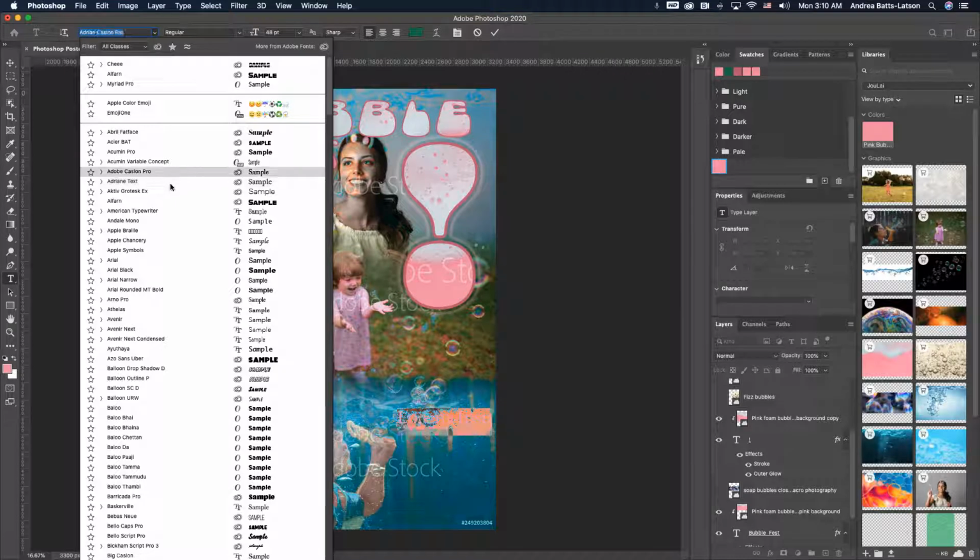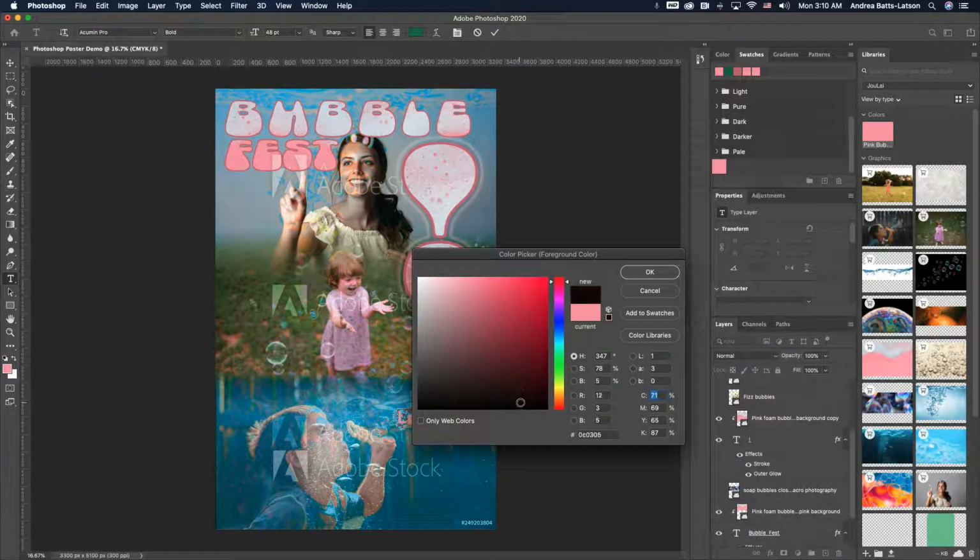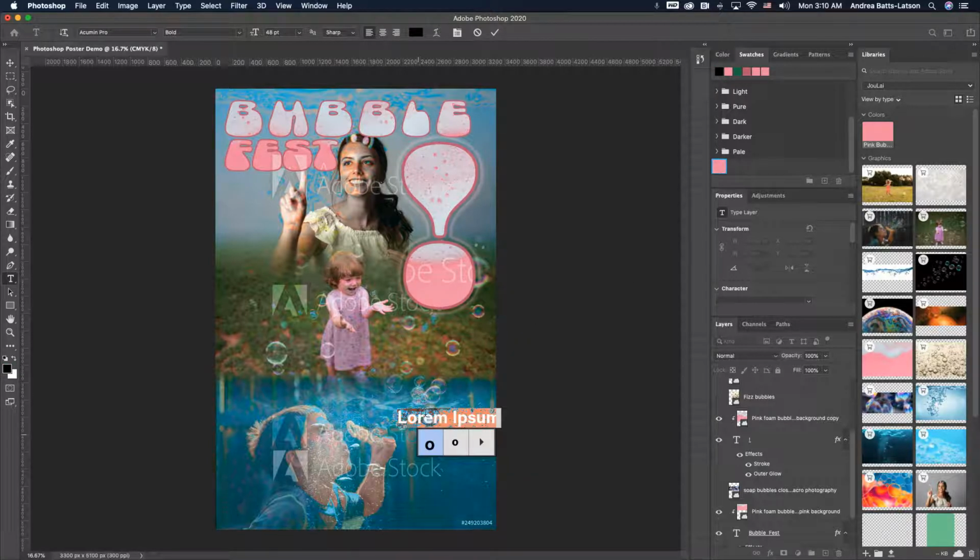Let's just say I wanted, let's say Acumen for now, since it's there and it's available. And I'm definitely not going to go with this color. So I might go with either standard black, or I might make it a kind of rich black. But either way, okay, I'm going to hit OK, and I'm going to type in information. So for Bubble Fest, it's going to be